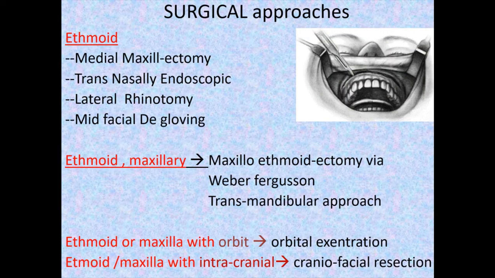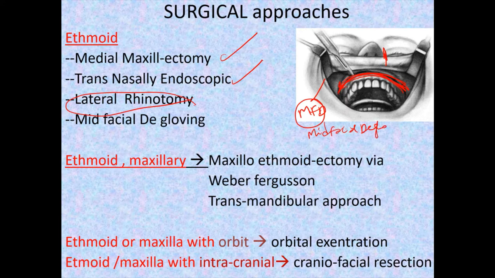So I told you bicoronal incision is given like this. We are going to run a bit faster here; these are not required in depth for you. For ethmoid, you need to go for medial maxillectomy. You can go endoscopically also. You can use a lateral rhinotomy incision. This is tuberosity to tuberosity, the incision given in mid-facial degloving. We are just doing the introduction of this and maxillary ethmoid.